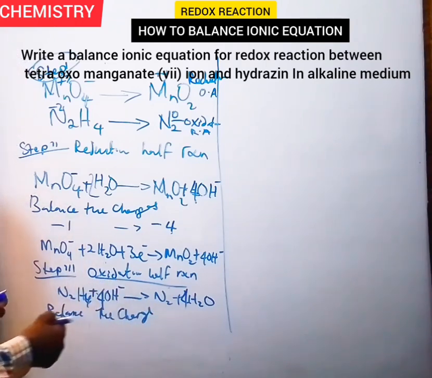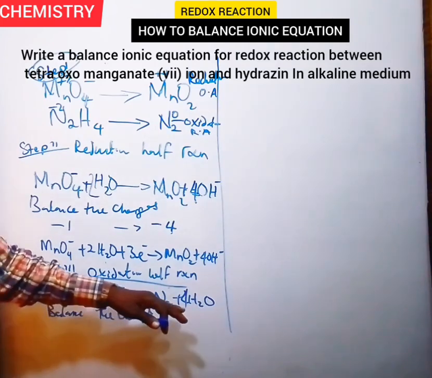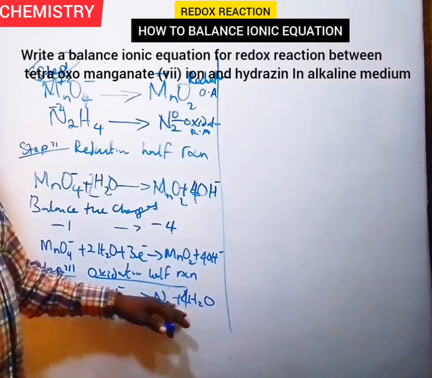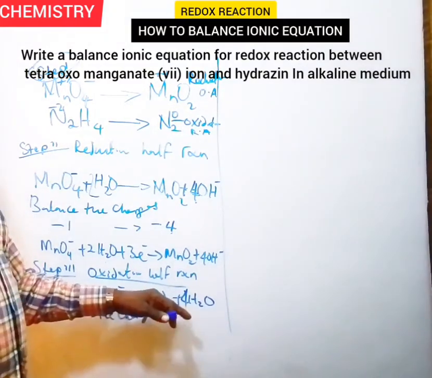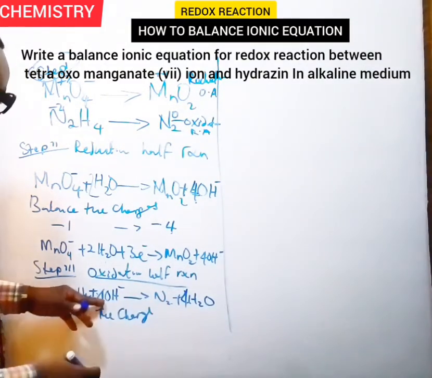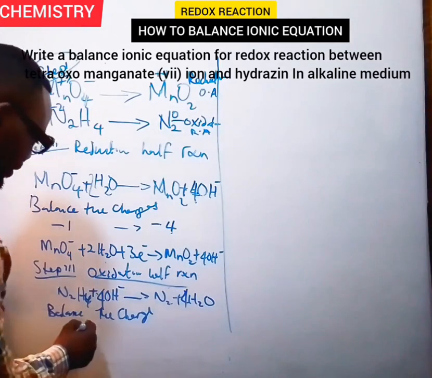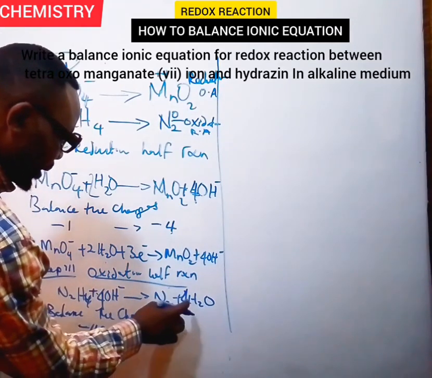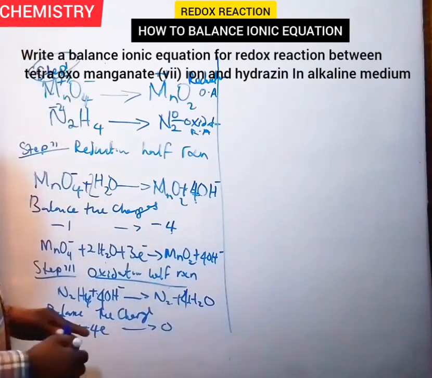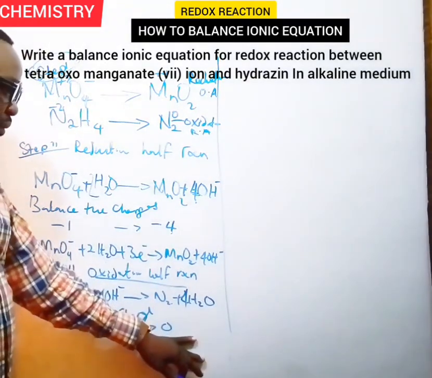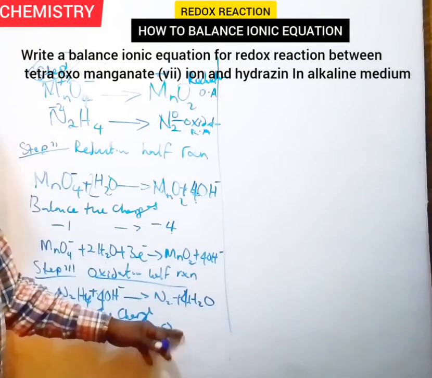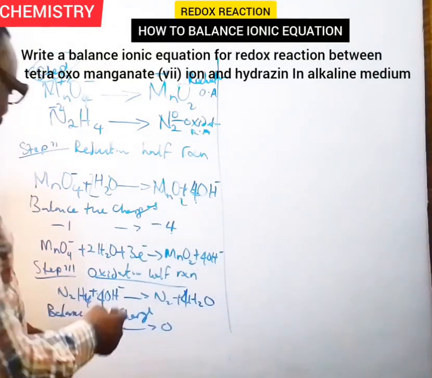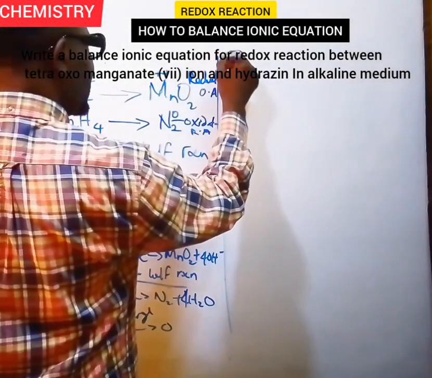4OH minus, sorry. This is going to be what? What do we have here? We have minus 1 here, we have minus 4 here. We are having minus 4 electrons here, which leads to what? At the product side, we have 0. So this one, we need 4 electrons at this side here. So we are having the equation become